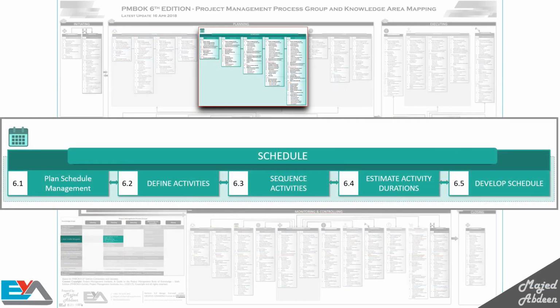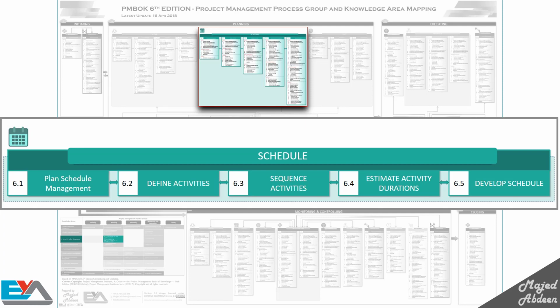Following scope management, we have the project schedule management knowledge area, for which the related processes are colored turquoise in the mapping diagram. As you know, a project is a temporary endeavor, so one of your project objectives is completing the project on time. This knowledge area includes the processes you'll need in order to do this. Now that you've created the WBS, you want to know how long each work package will take.